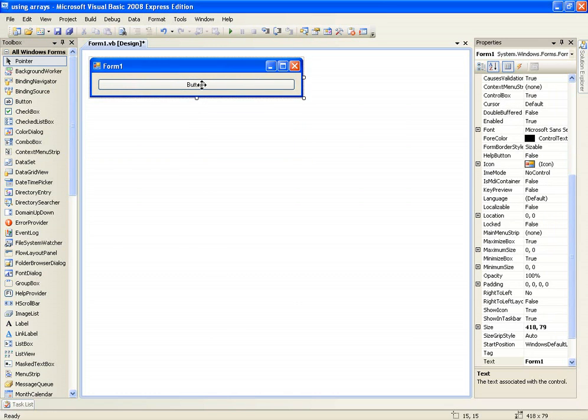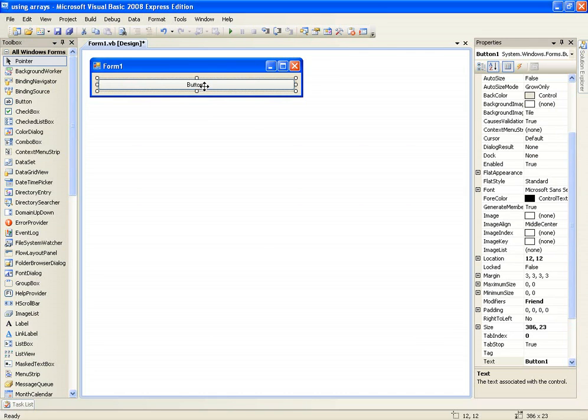For this we're going to use a simple message box application, and I know that I said I'll try and get away from message box applications, but I just want you to understand the concept of this first before you start using them. I don't want to confuse you with advanced applications before you even know what this is. So just change the text of this button to message array